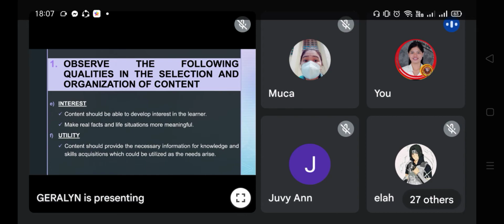Learning by doing. That's the point here. Allow the students to learn by doing. Next one, utility. Content should provide the necessary information for knowledge and skill acquisitions, which could be utilized as the